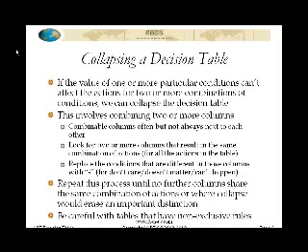Now, the decision tables often have the property where combinable columns will be right next to each other in the table. So you start off by looking at columns that are right next to each other and say, well, does one of the conditions here not actually affect the action to be taken? And if so, can I then squeeze these two columns together, replacing the condition or conditions that don't matter with a dash, and keeping the conditions that do matter unique. And methodically, you can walk through the table and try to collapse